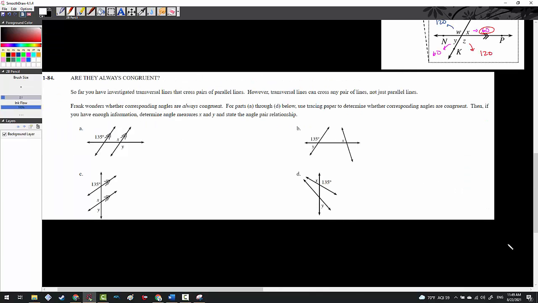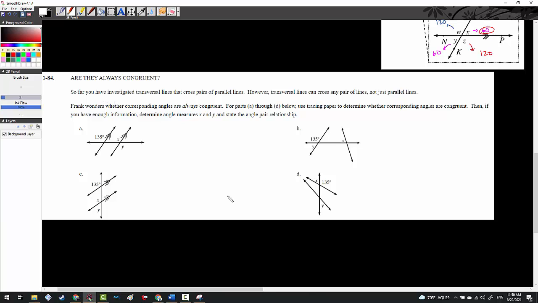And we are back, and if you took the time to pause and ponder the question that was true-false, you should have gotten a definitive false, right? Not all pairs of lines are parallel. In fact, most of the time they're not, right? And so that doesn't mean that they can't have corresponding angles, though. And so in this case, if you look at, well, we'll talk about that with B, but from here, it